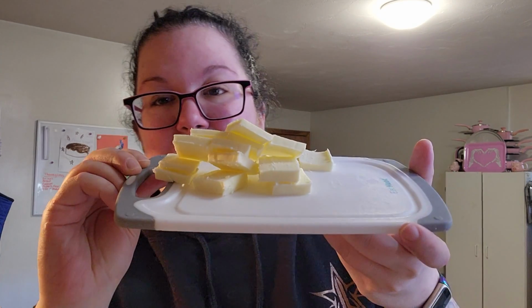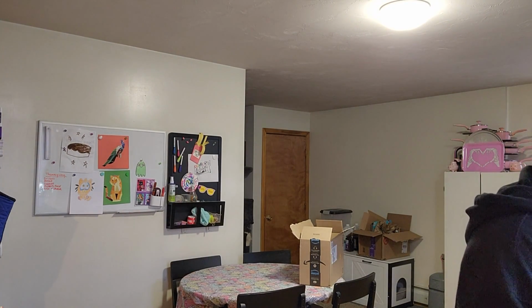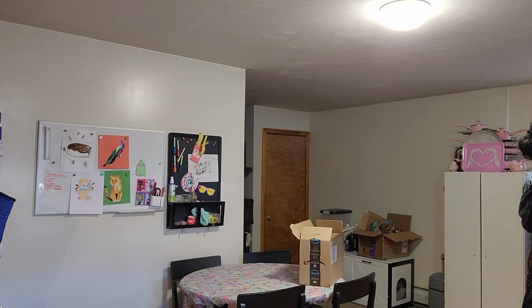So I'm going to hope that this comes out right, because you got to put a whole stick and a quarter of butter and cut it into the flour mixture for the dough. And I don't have a pastry cutter right now, and I don't think I can get one of those rush delivered. So we're going to do it this way and hope that my good old KitchenAid is powerful enough to do what I needed to do. I just need to find my